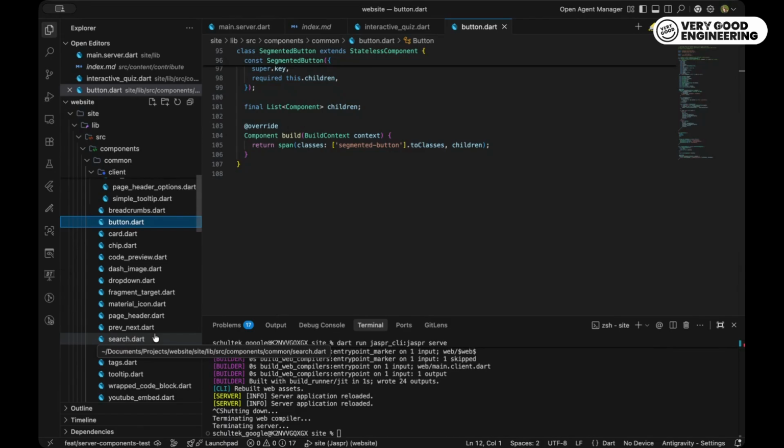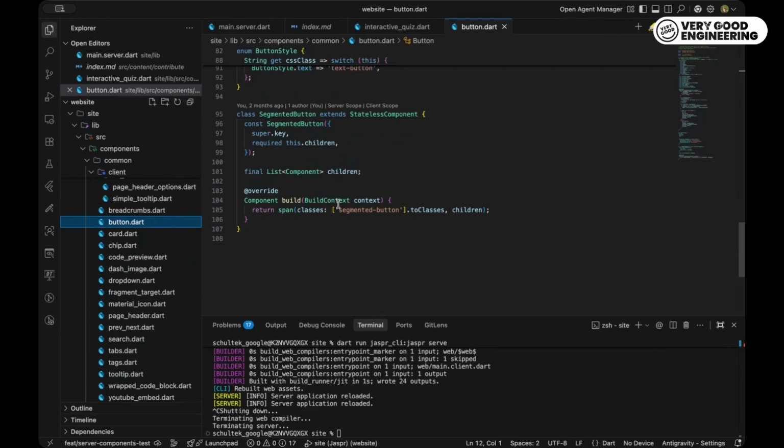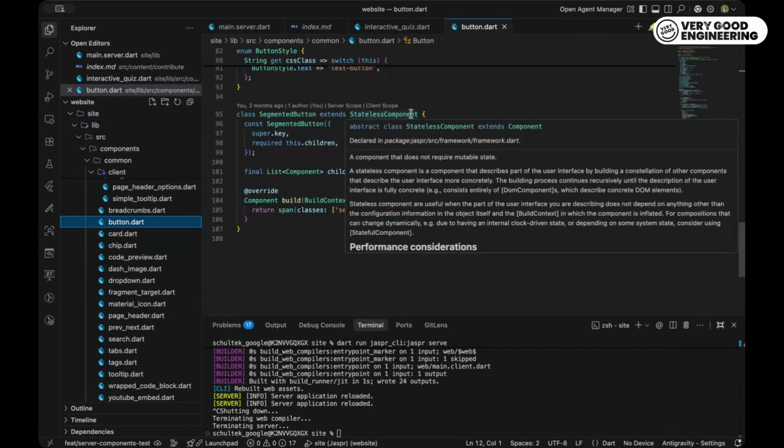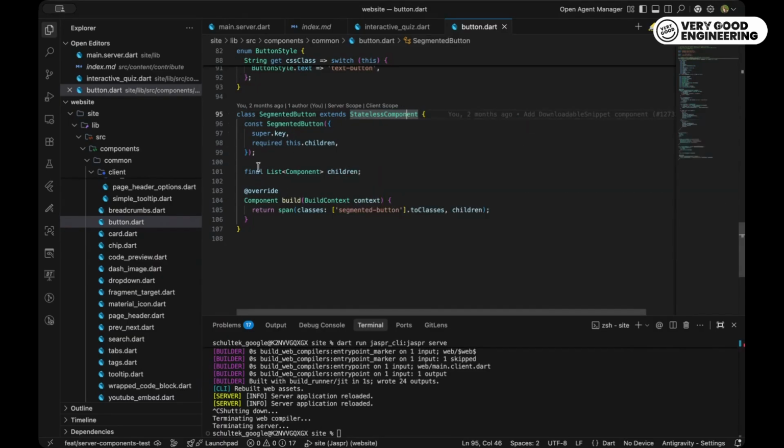Well, let's stay here in this button Dart class, because I'm looking at things that look familiar. We have this segment button. I see some keywords that are familiar to Flutter developers, right? Like stateless. We see a build method that takes a build context. Now, instead of widgets, I see components. Is that pretty much what a Flutter developer needs to learn? Yeah, that's pretty much it. You can think of it as me just renaming widget to component for setting up your classes and build methods.